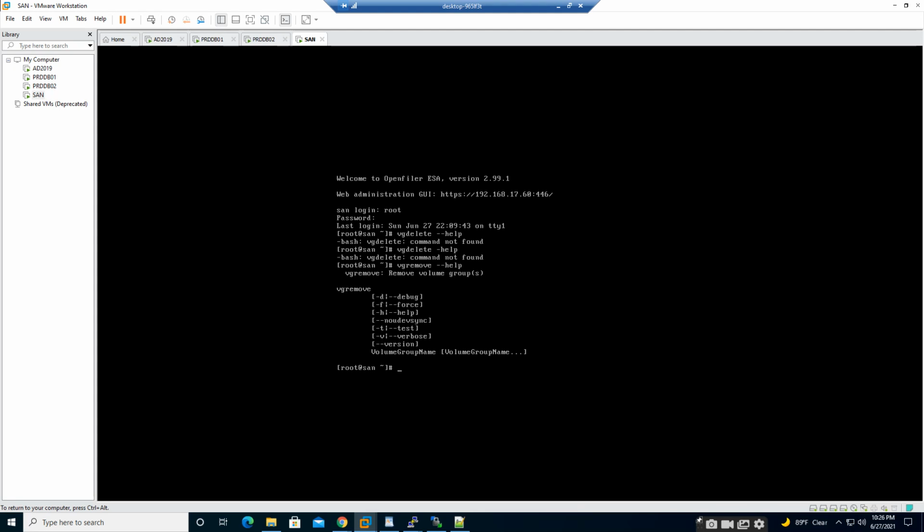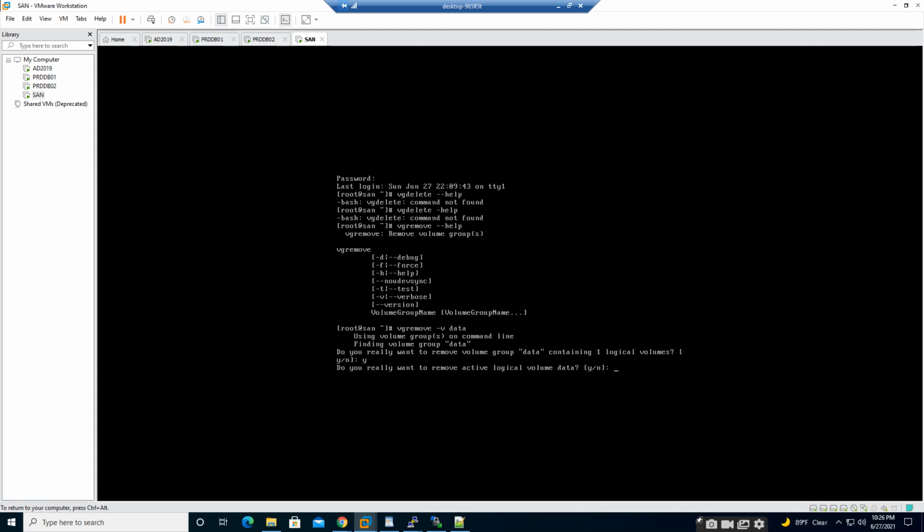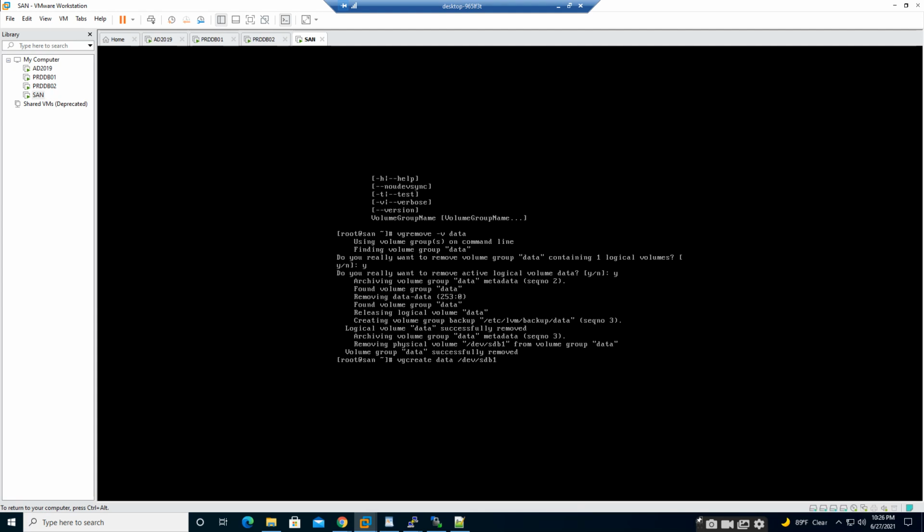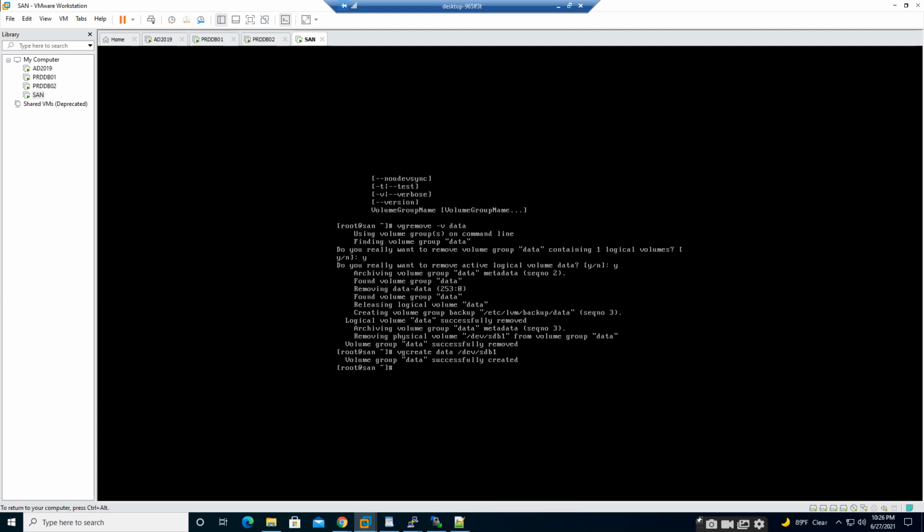vgremove volume group name. The volume group name is data. Yes. Okay, so I can create the volume group, vgcreate. What was the path? dev sdd1. vgcreate data sdd1. It got created. So let's move back to the